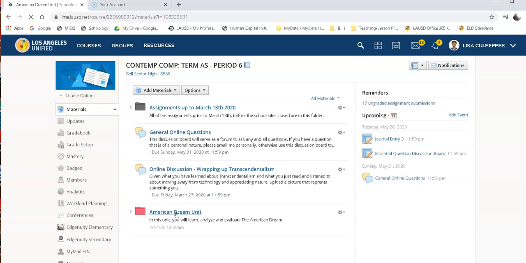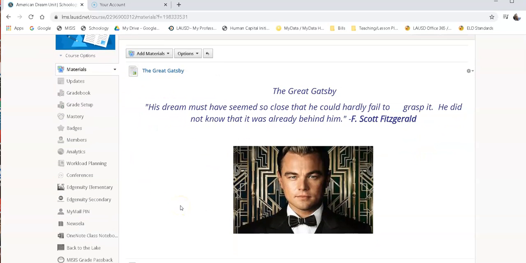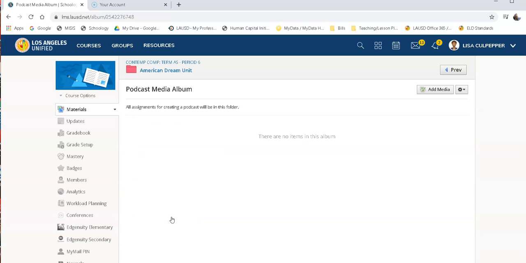So whatever unit you're in, it is going to be in that unit. For the purposes of period 6, this is the unit that you would log into. But regardless of which period you are in, every period that I've assigned this to is going to have a podcast media album. So from that, you're going to click on that link,